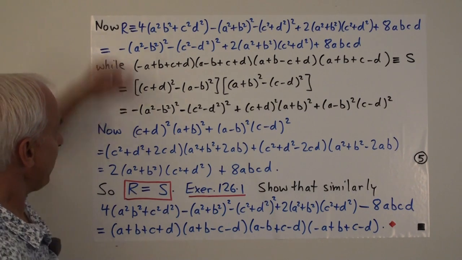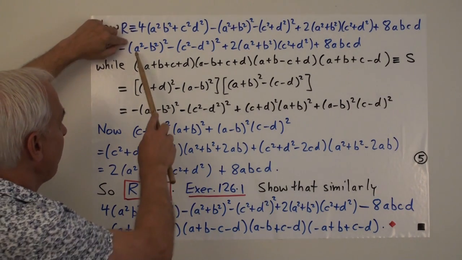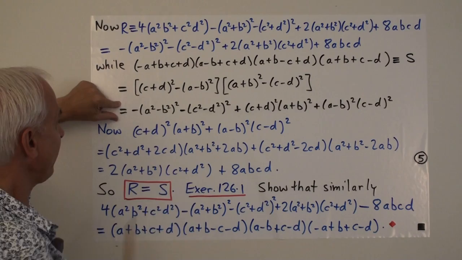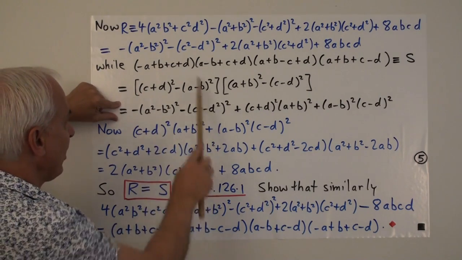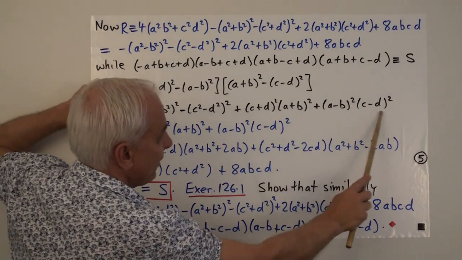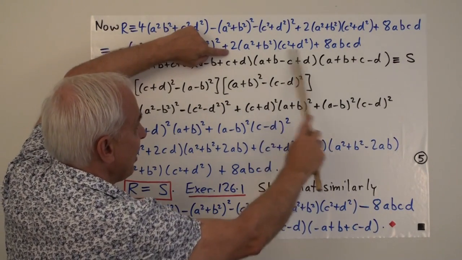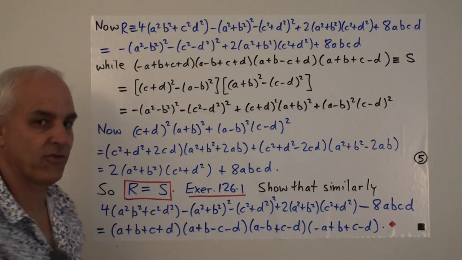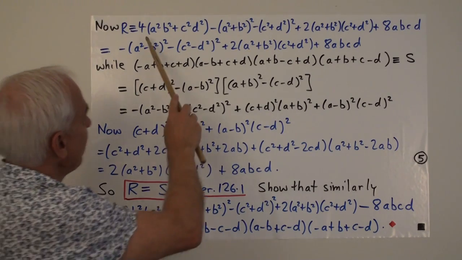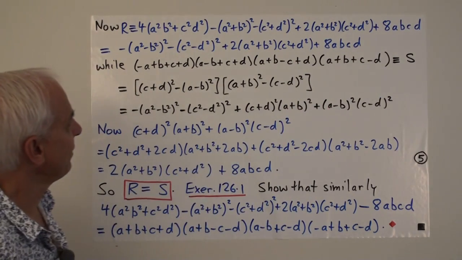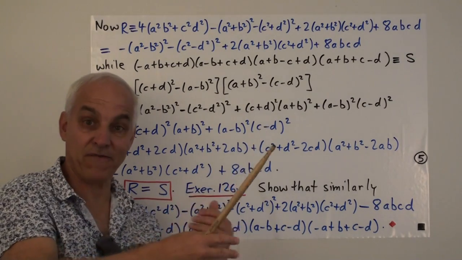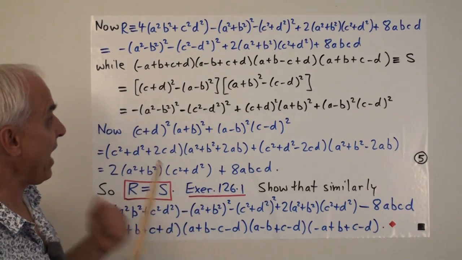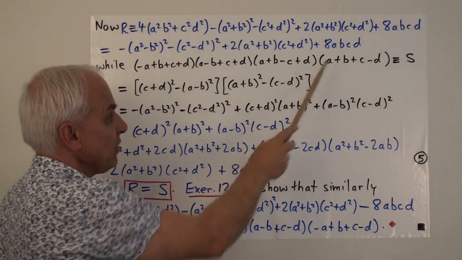So putting things together, we had this expression for r involving this and this plus this term here. And then we had this expression for s. This is the same as that. This is the same as that. And we've just now deduced that this part here is in fact exactly the same as this part here. Therefore, r equals s. So yes, indeed, this expression here, which is the first half of the factorization of q of a squared, b squared, c squared, d squared into a difference of squares, actually factors as a product of these four linear factors.